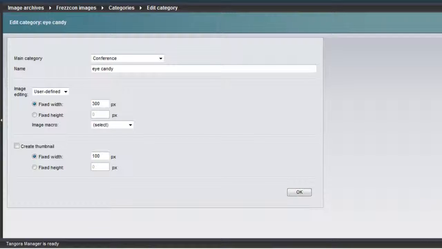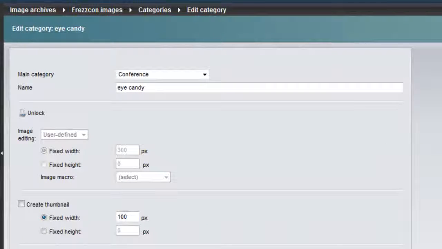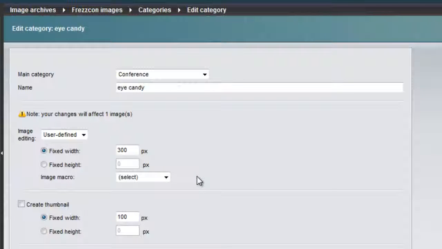By the way, once you've set this size, as you begin uploading images to this category in your archive, the choice becomes locked as a measure to ensure that you don't inadvertently change the dimensions of an image already uploaded. But you will be able to unlock a category as long as you let the system know that you're aware of the implications. This means that if you decide later on that 250 pixels is a more appropriate size than 300, then you could easily adjust all the images to that size.